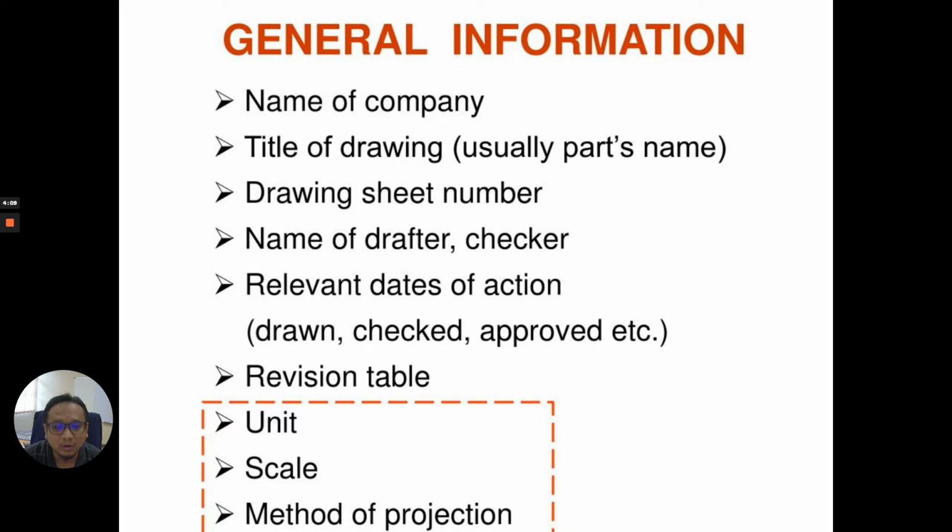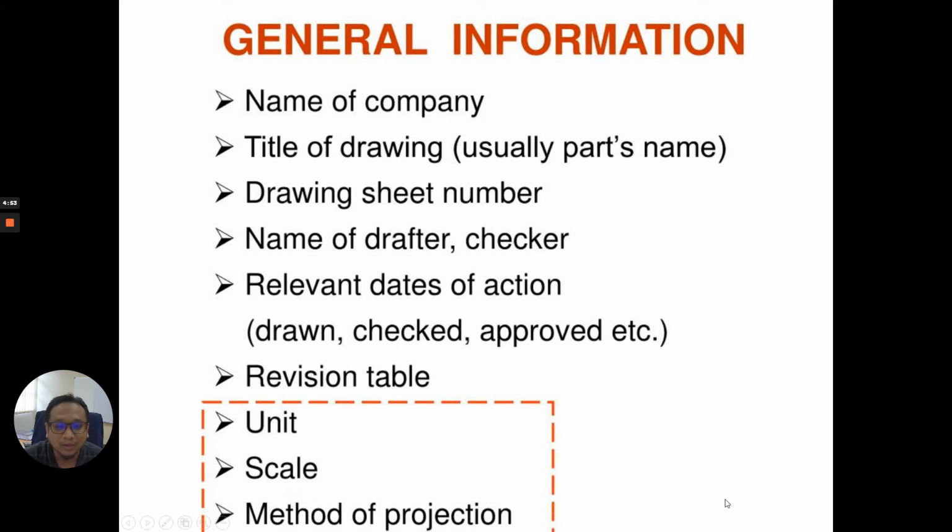General information for a title block includes, for example, the name of the company, the title of the drawing, the drawing sheet number, the name of the product, and the name of the drafter, which is basically you. The checker is possibly someone who has the authorization. For example, if you want a lecturer to authorize your drawing, you put my name, the relevant dates, who drew it, who checked it, who approved the drawing, and so on and so forth. The revision table,